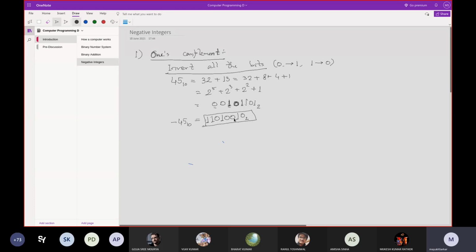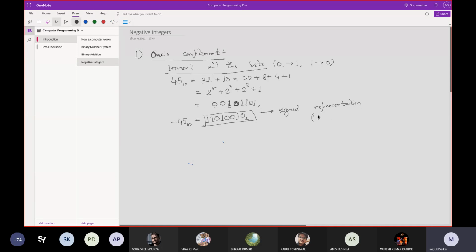Now, suppose that as a result of certain operation that I will show you in the next week, because it is already 6 today, you received some number like this. It will be written in your program in which way you want to represent it. There are two kinds of representation for every number. One is signed representation.